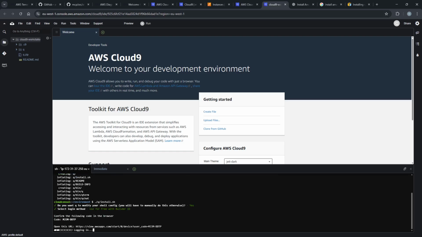It asks for authentication to the AWS environment. If you're using the free AWS Builder ID, just click on this and open it here. You need to sign up the first time. Once you sign up to the community AWS,